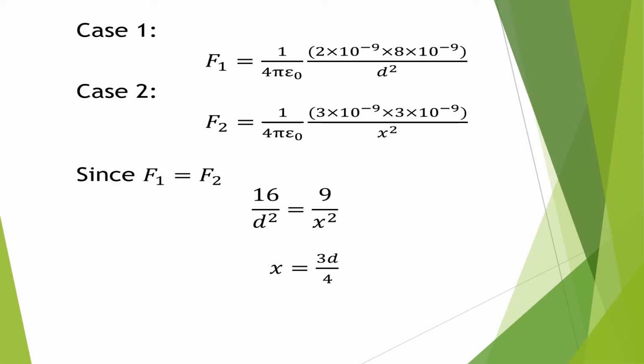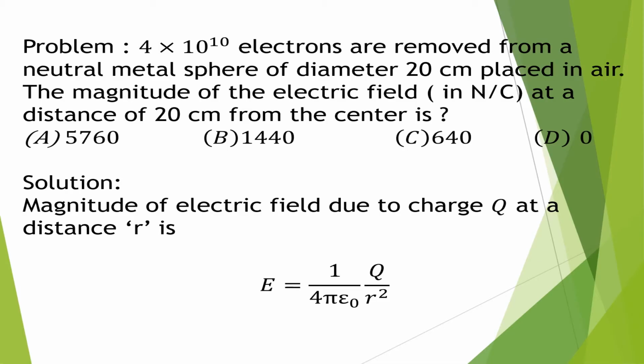Let's look at the second problem, and the statement is: 4 into 10 raised to 10 electrons are removed from a neutral metal sphere of diameter 20 centimeter placed in air. The magnitude of the electric field, which they are asking, in Newton per Coulomb at a distance of 20 centimeter from the center is. Okay, now